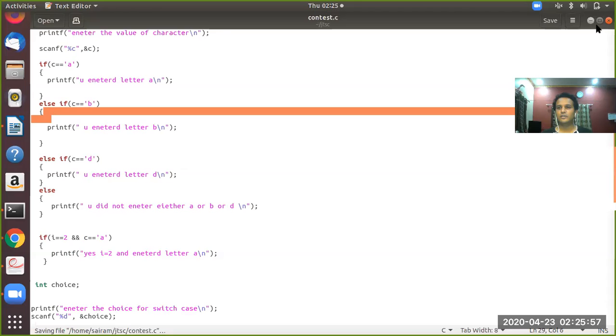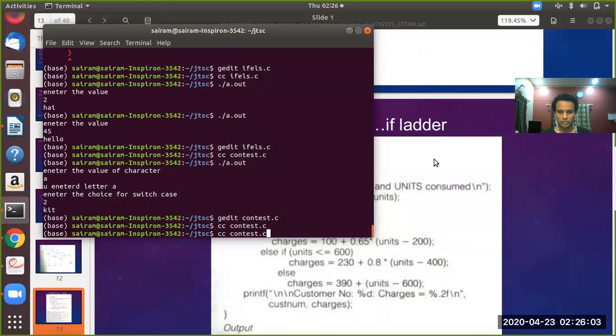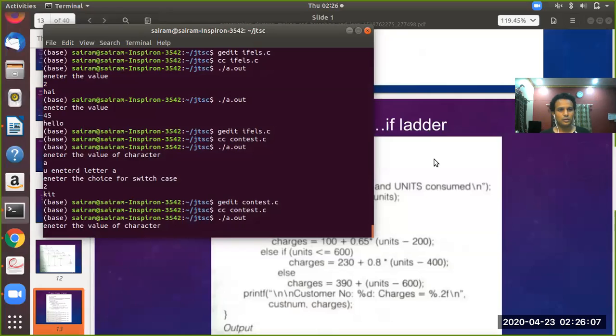So save this code. Come back here. Use the command cc test.c. Enter the value of the character.